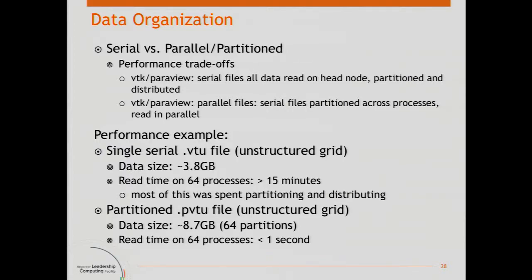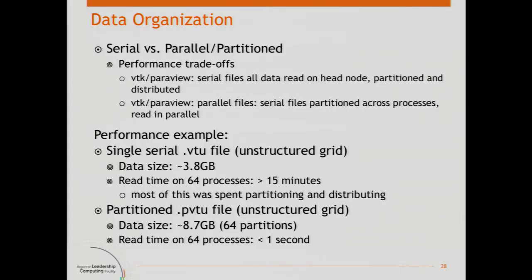So, in terms of some of the performance trade-offs, for example, VTK within ParaView, at least some of the parallel readers, when you run it in parallel, serial files are often all read in on the head node, and then the head node repartitions the data and distributes it to the rest of the nodes, and that can be problematic. Whereas a VTK parallel file has a bunch of metadata in it that describes essentially a bunch of serial files that are partitioned to create one large data set. And so if it's saved as a partitioned parallel file, VTK and ParaView can read those files distributed across processes, actually reading them in parallel,